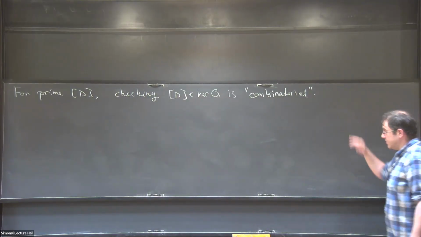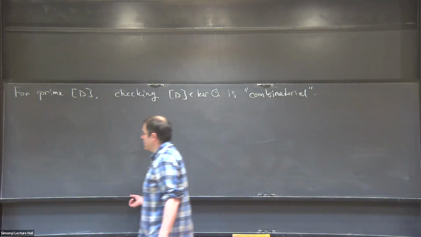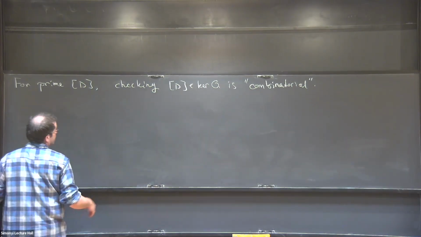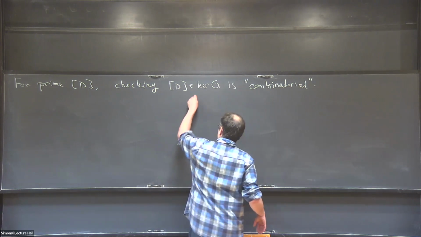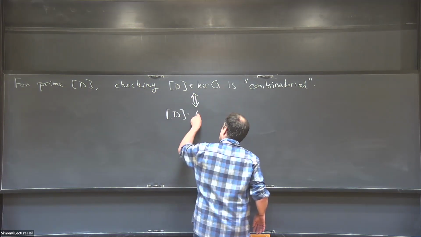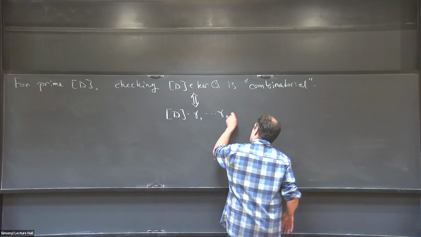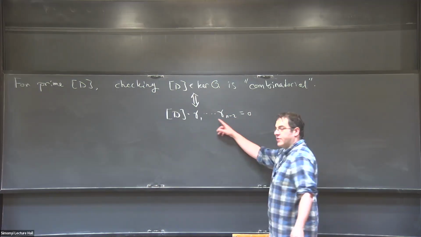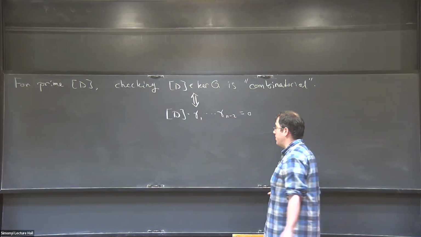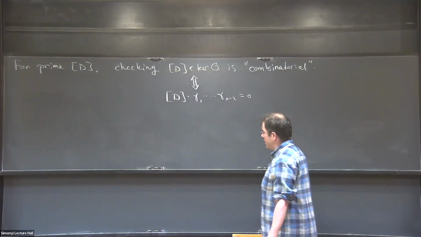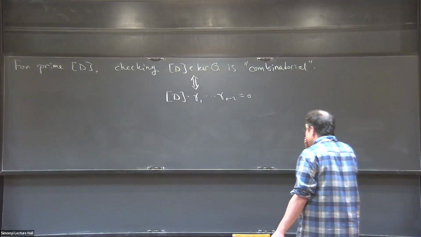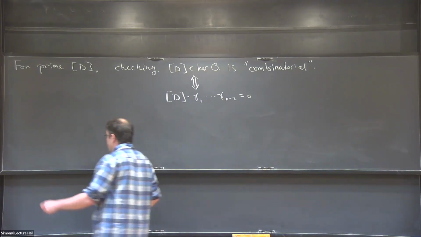Okay, so let me explain this. So the first point, what does it mean for a prime divisor to be in the kernel of Q? This just means that this intersection number vanishes. I've just written the definition of what it means to be in the kernel of Q, right? Now, before